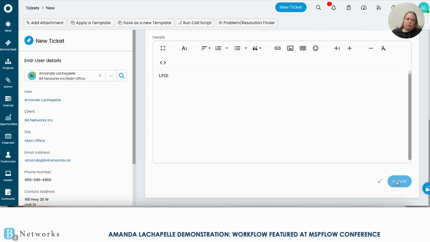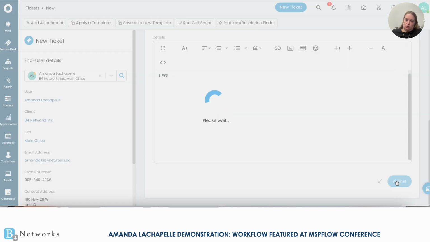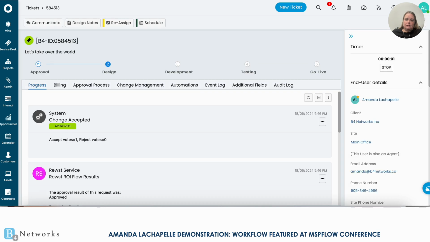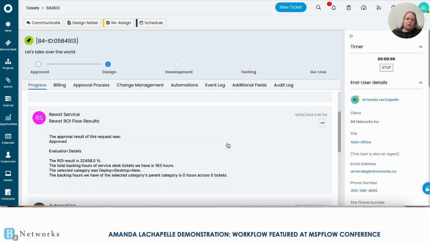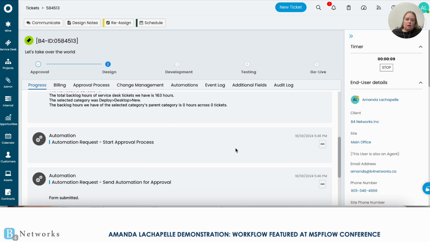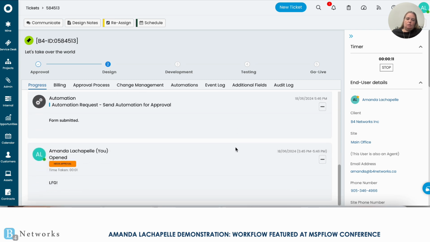Obviously this workflow is stacked to be able to say yes, so I could show the workflow itself. And so when it's done, it's doing that call out to Rewst, and if you refresh, it will say whether or not it was approved. In this case here, it very much was approved. And then it also includes the results from the math so that you can see visually for yourself what the determination was and where it belongs. And then that way, as things get worked, that's trackable data.